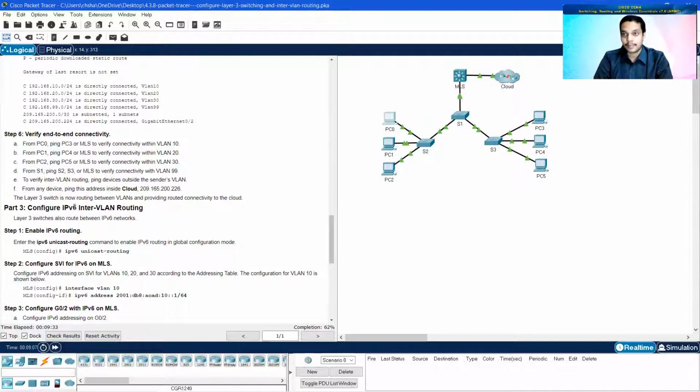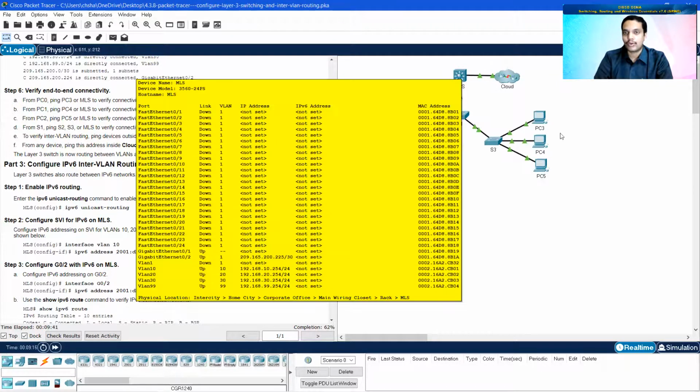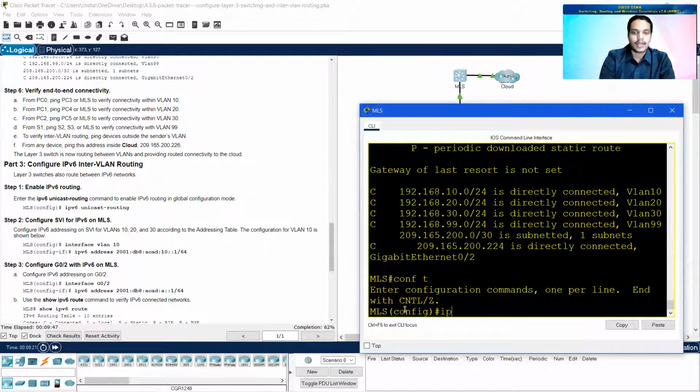Now let us go to the next part, where we configure IPv6 inter-VLAN routing. On MLS, if you want to route using IPv6 addresses, you need to enter the command in configure terminal: ipv6 unicast-routing. This command is mandatory for the router to understand IPv6 addresses.